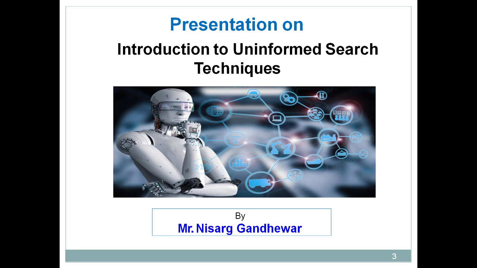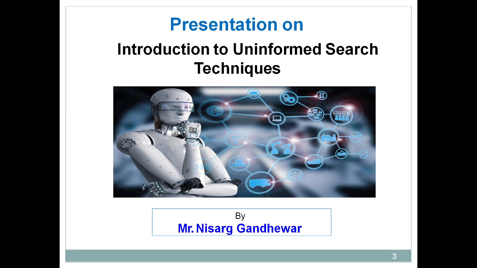But in case of uninformed search technique, you are blindly following the different paths. That's why uninformed search technique is also called a blind search, because blindly you are going in a particular direction and just exploring. Uninformed search is a time consuming task, whereas informed search is not that time consuming. But in uninformed search, it is guaranteed that you get the optimal solution, whereas in informed search there may not be a guarantee that you will get an optimal solution.